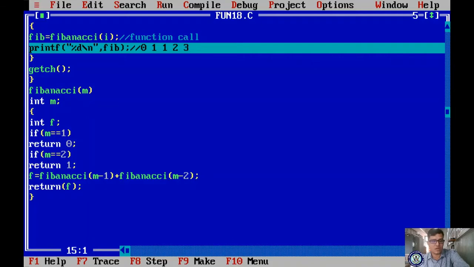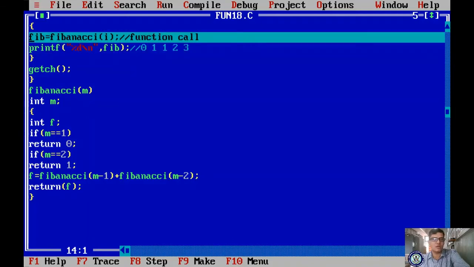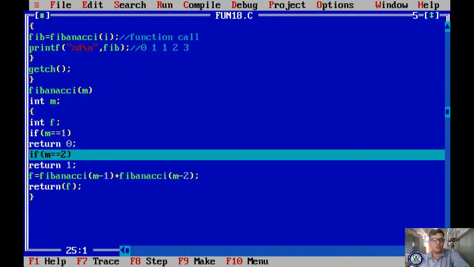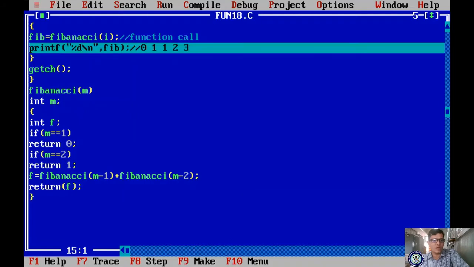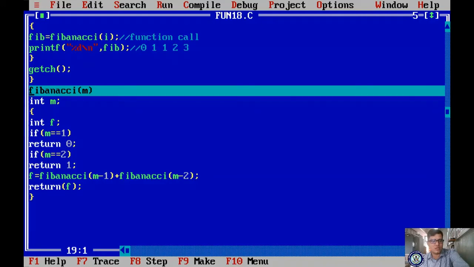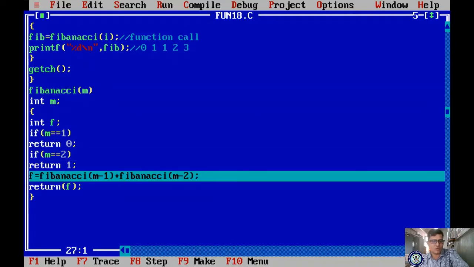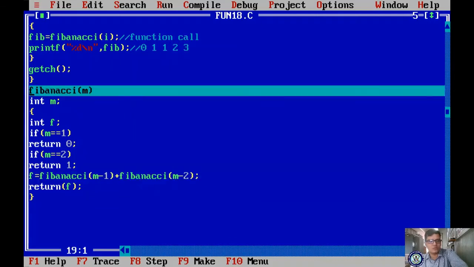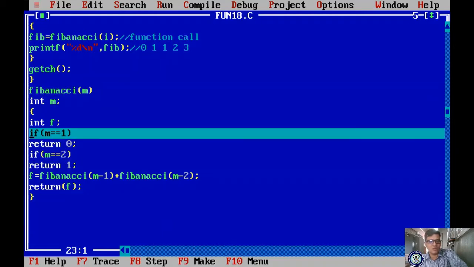Sorry, m is 1, correct. It is printing 1, and once again I incrementation is done. Now I becomes 2. Once again it is passing m equal to 2. The condition is true, it will return 1, and the value will be displayed. After that it is calling 3. Once it is 3, it is false. It will come here 3 minus 1 is 2, plus 3 minus 2 is 1. Already we are familiar that 3 minus 1 is 2, Fibonacci of 2 is 1, Fibonacci of 1 is 0, right? 1 plus 0, so once again it is calling. It will be evaluated till now.